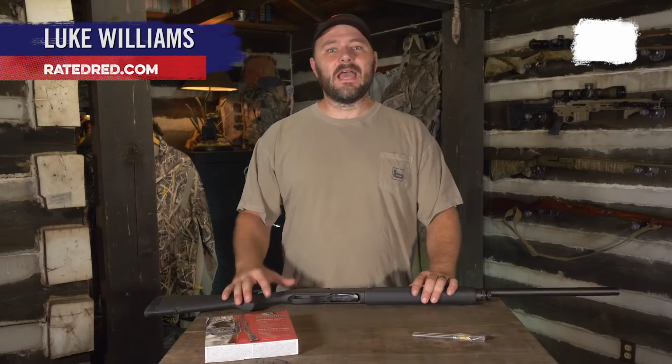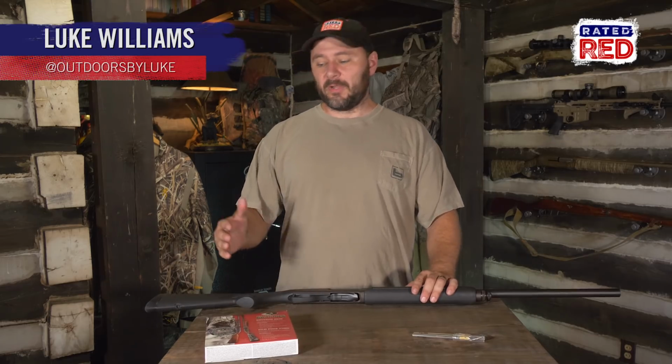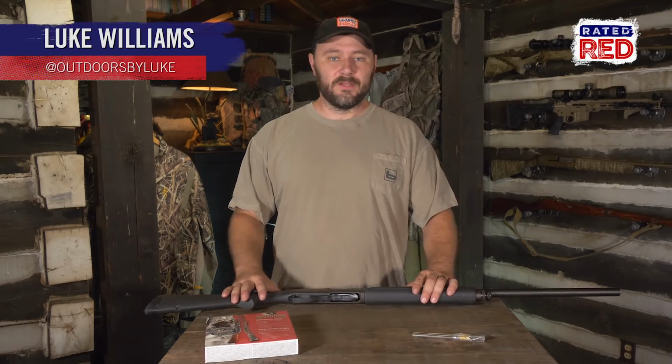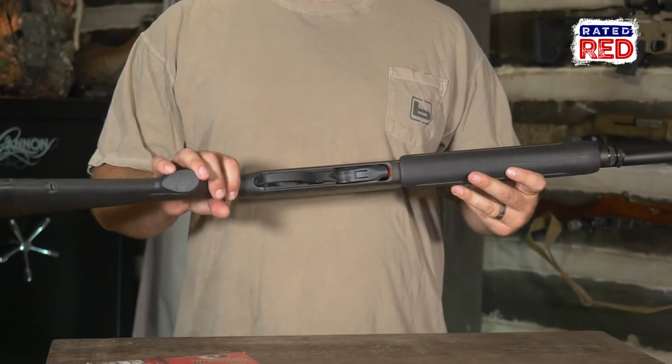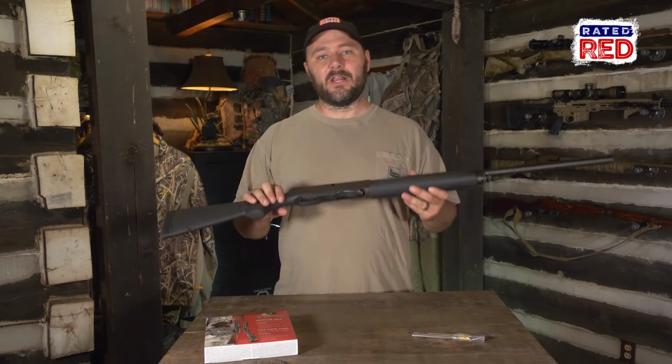Hey, I'm Luke Williams, and today I'm going to be showing you some tips and tricks for putting camo vinyl on your gun. Now, I'm working today with my Remington 870 Super Mag. I'm going to be using it for duck season this year, and I'm going to put a Bottomlands graphic on